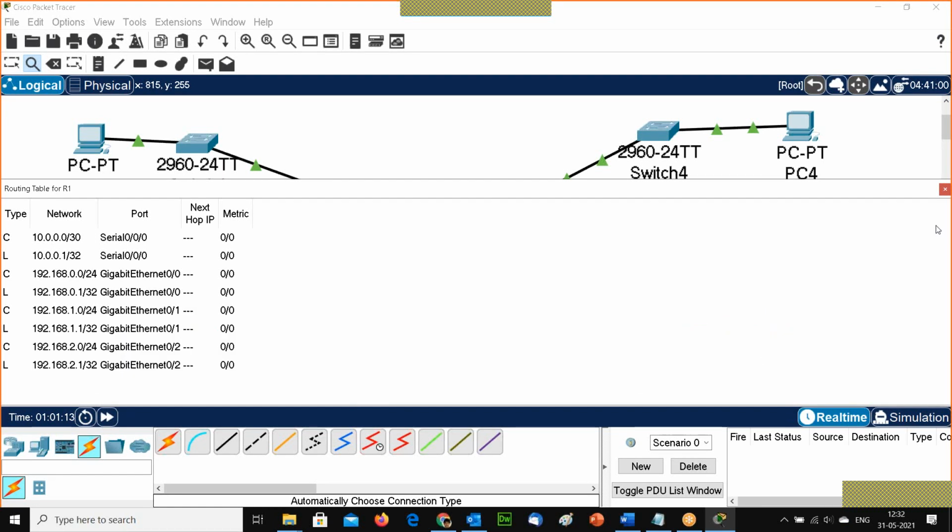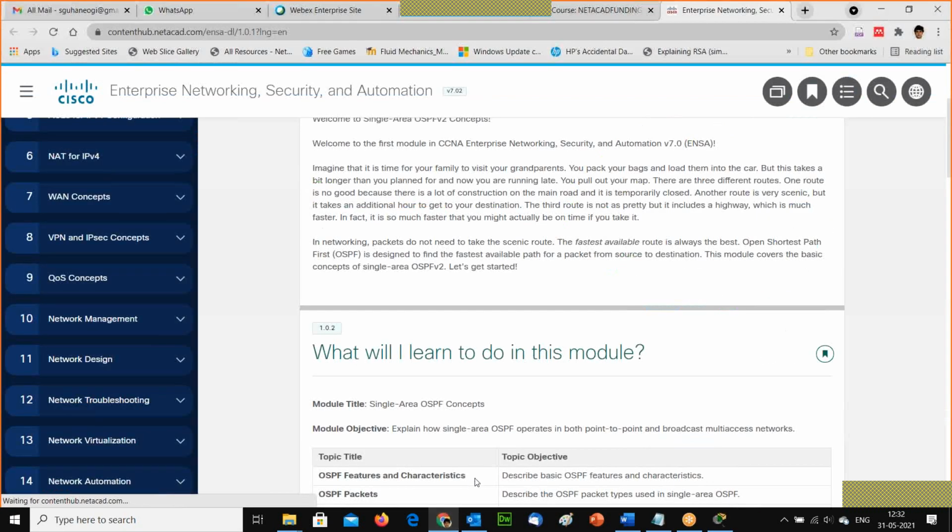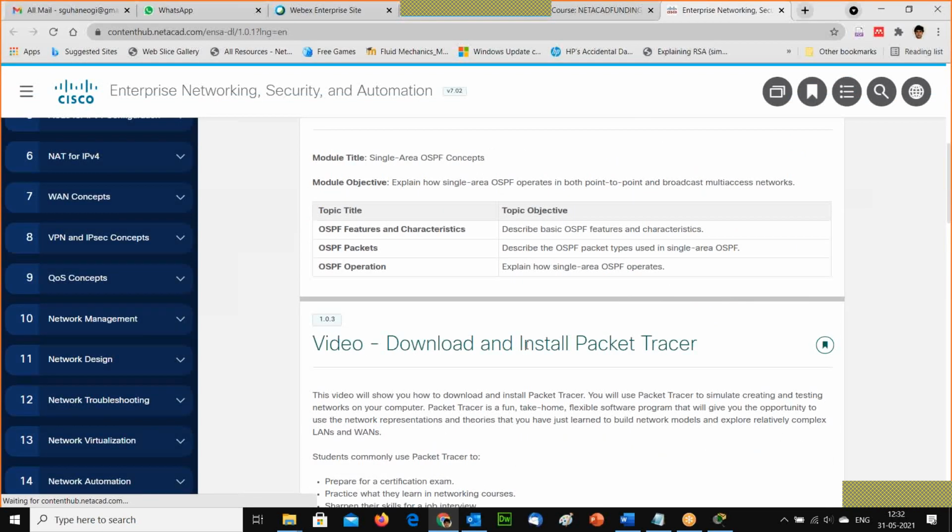So let me just quickly take you through the basics of OSPF. OSPF is basically divided into a hierarchical network. So for example, I'm having 100 routers, 50 routers.